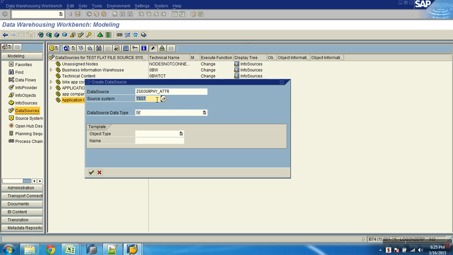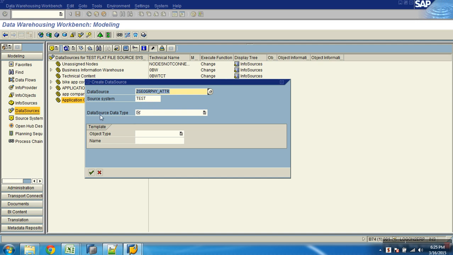Now a data source is always specific to a source. You're creating some data source. Is it a flat file or is it of DB Connect? Is it of R3? Is it of some other connection? Which connection it is? Always. A data source cannot exist without the system name. The data source name is always compounded with the connection, because you can have the same data source name for different connections.